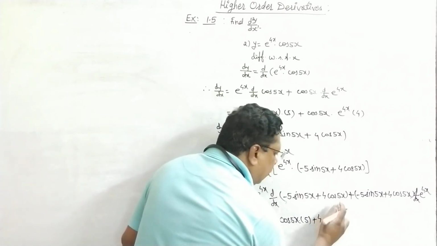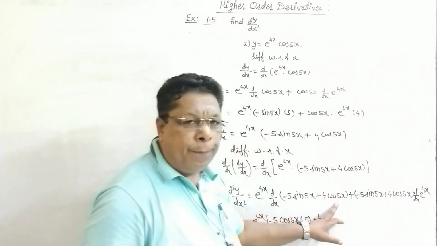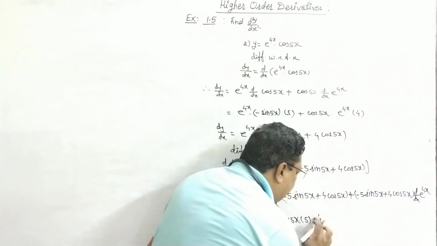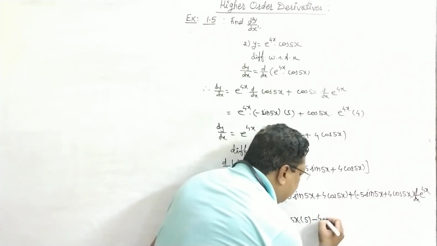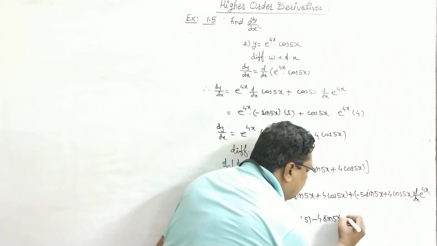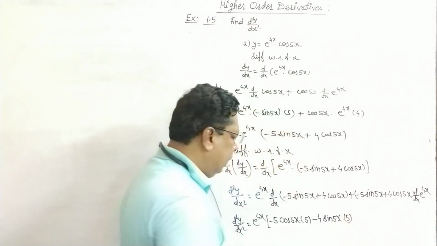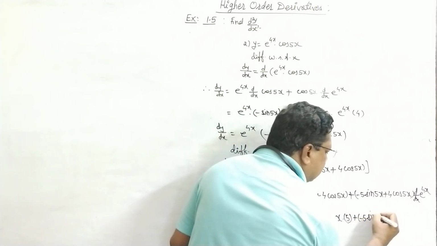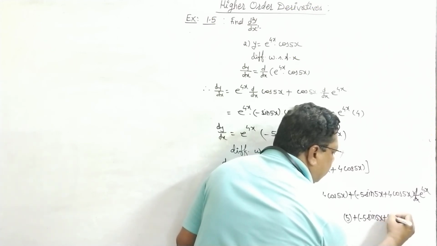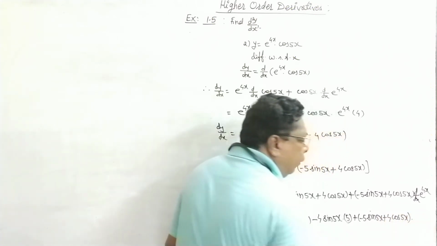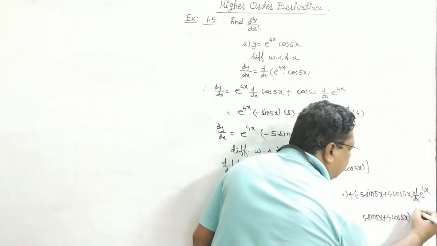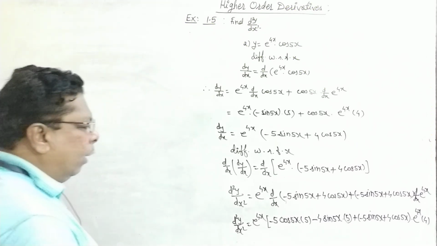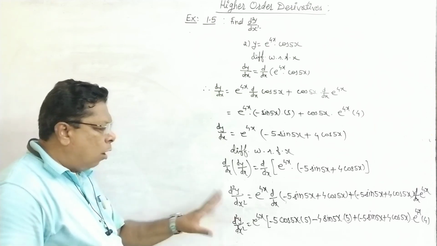Plus 4. Here derivative of cos phi x. Derivative of cos fx is minus sin fx into f dash x. So derivative of cos phi x is minus, sign will be changed, minus 4 sin phi x into phi x का डेरिवेटिव phi, प्लस minus 5 sin phi x प्लस 4 cos phi x into derivative of e raised to 4x is e raised to 4x और 4x का डेरिवेटिव 4. Okay, now on right hand side, can take e raised to 4x common throughout.